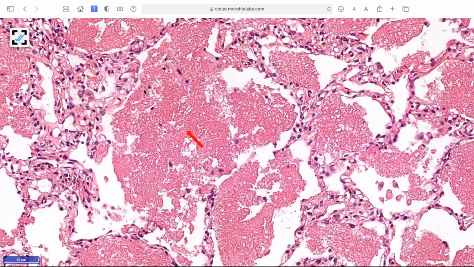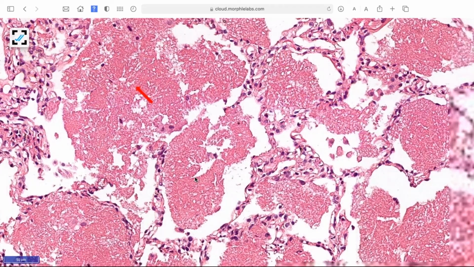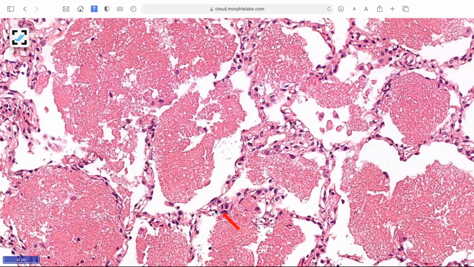Yeah, this is very bubbly. And they are not up to the alveolar septa. They are away from the alveolar septa. Why I am saying this is, you all know, this is an HIV patient. This should be pneumocystis. Previously it was called pneumocystis carinii pneumonia. Now it is jirovecii pneumonia.